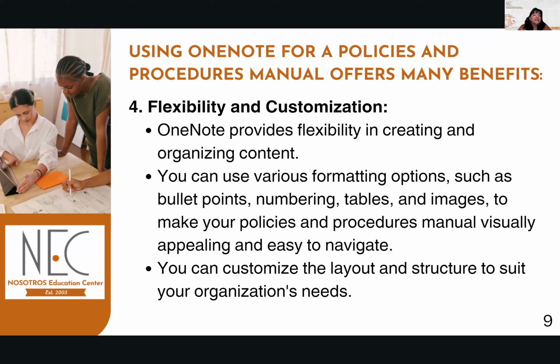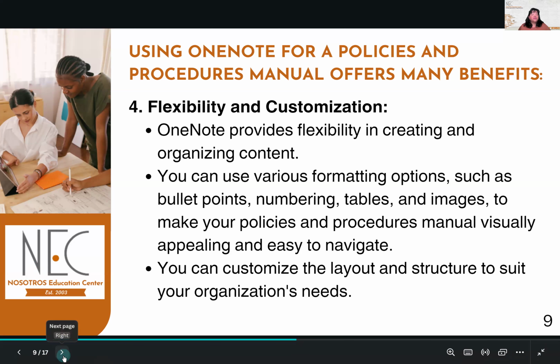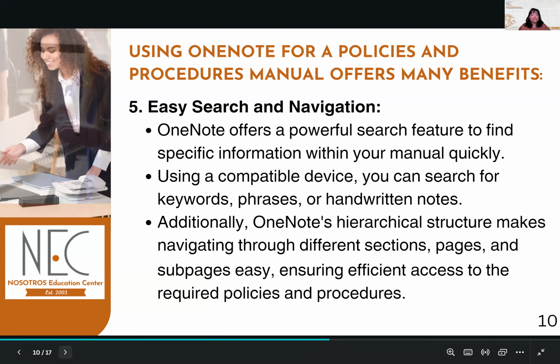All right. The flexibility and customization. I'm telling you, this is the number one thing I love. Flexible. I can use bullet formats, numbering, tables, images to make it visually appealing, something I want to work on, something I want to go to, instead of a PDF or a Word document. It should be dynamic in the sense that I can modify it, I can change it, it's visually appealing, and also it is something I look forward to updating. All right, and you can customize the layout and structure to suit your project's needs. You can move it around. You can do a whole bunch of stuff without having to worry about page numbers and all that stuff.